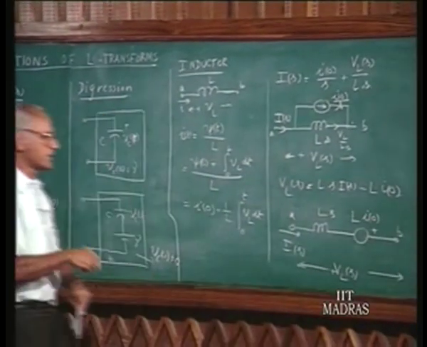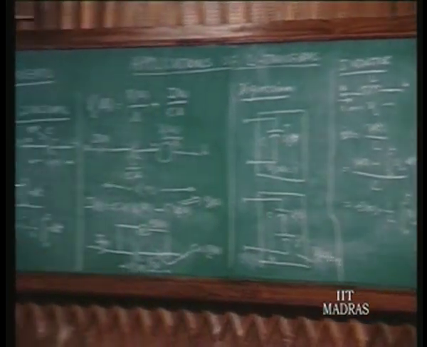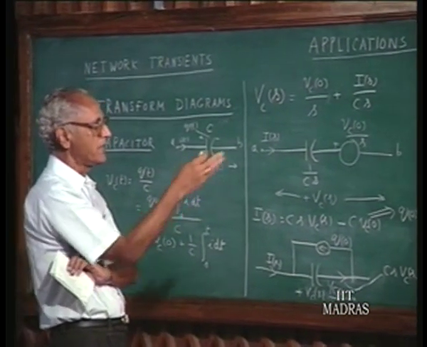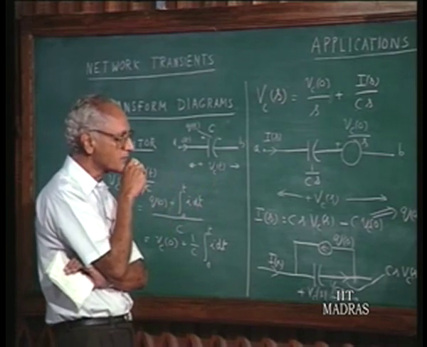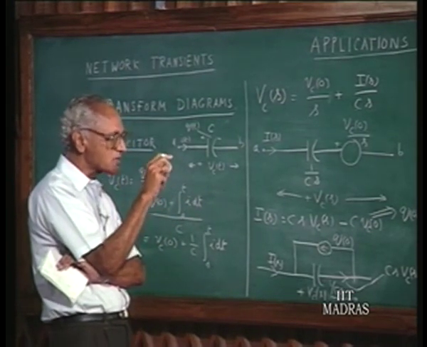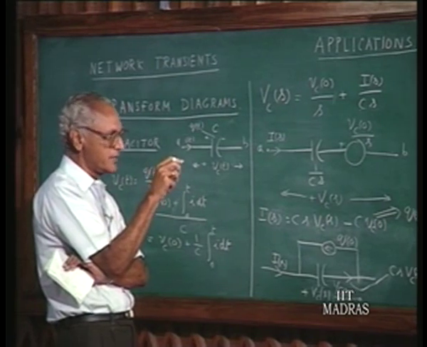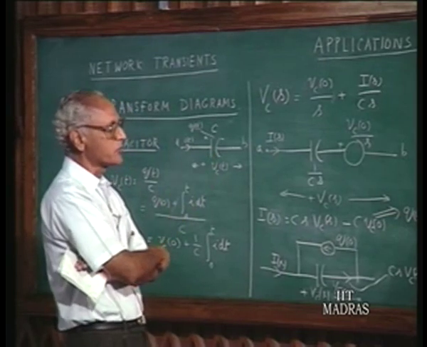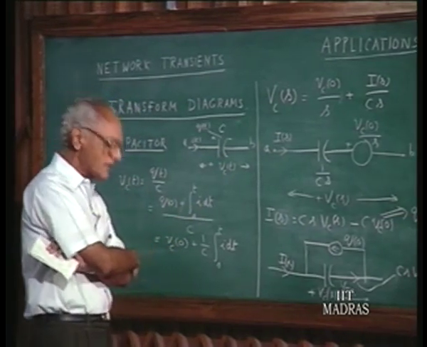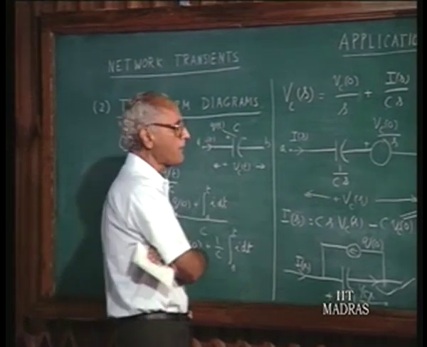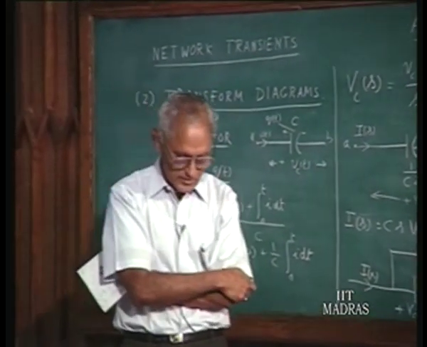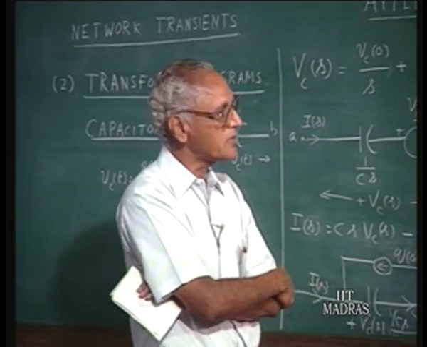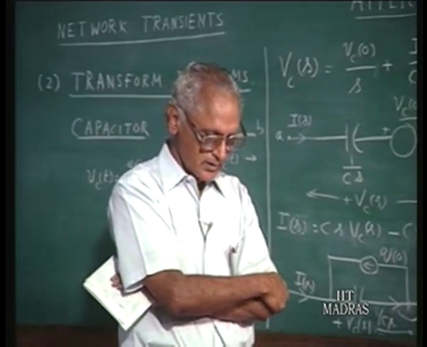If we did not have the sources representing the initial conditions, the inductor and capacitor are represented by impedances Ls and 1 over Cs respectively. So it is the initial sources which come into the picture. Initial conditions are the reactive elements which are equivalent to sources. On the other hand, we can say that if the capacitor has an initial charge and inductor has an initial current, they can be replaced by equivalent sources, and therefore here afterwards we can think of, in the circuit analysis